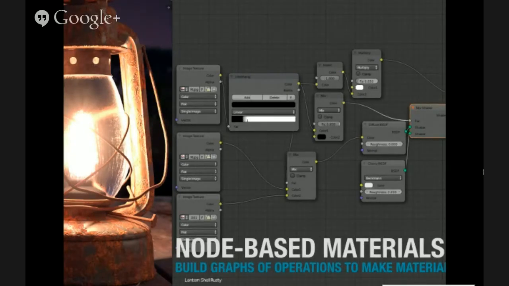Is it attenuated? Is it scattered? Is there emission? Essentially, you can glue together these little pieces, and as output, you get something like this lamp. I think this material is for the rust, and what you can see is it's putting together a texture, which is probably the rust base, and then it has some glossy component for the shiny part of it, and the diffuse part probably for the rust texture part.